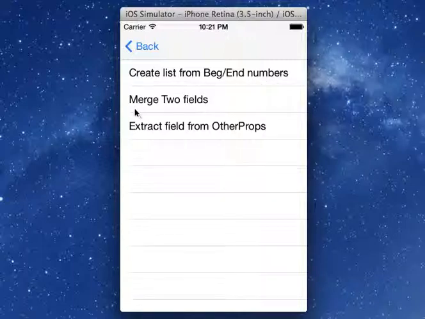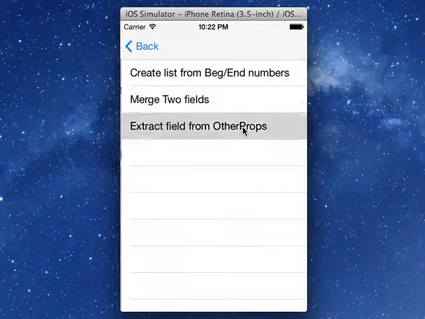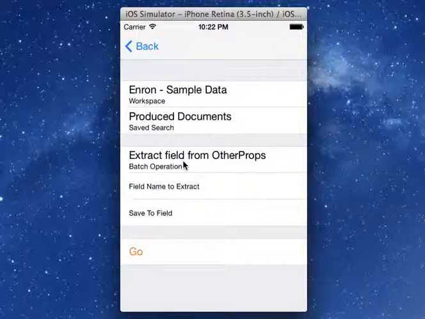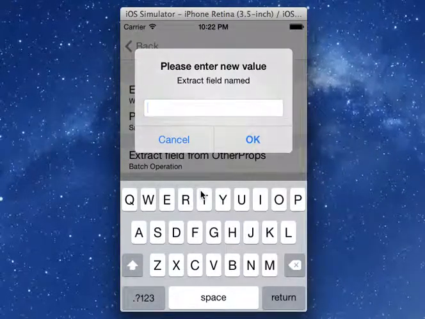Next option is merge two fields, and here you can simply combine two fields together with a delimiter. And the third option is extract field from other props. If you're using Relativity Processing, you know that there is a field called other props that contains a lot of additional metadata. So you may need a little help getting the data out. And if I select what I'm looking for, I can click on the field name that I'm looking to extract, and this will be